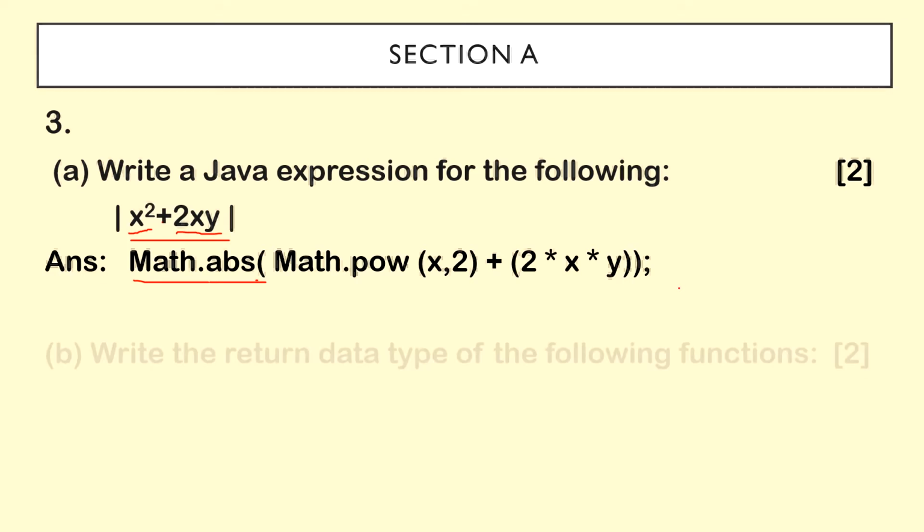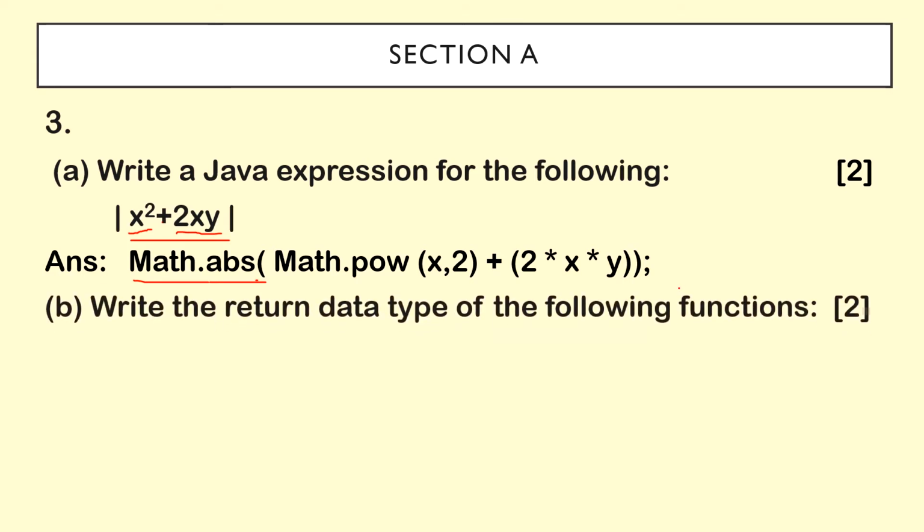Let's proceed to the next question. The next question is: write the return data type of the following functions. So we need to find the return data type. The first one is startsWith. Basically, whenever we need to check whether something starts with a digit, an alphabet, or a special symbol, we generally use this function. And what will be the return data type? If we are searching for answers in true or false, whether it's a digit, yes, true, or false, we generally use the data type known as boolean. So here also we are using the data type boolean, for startsWith.